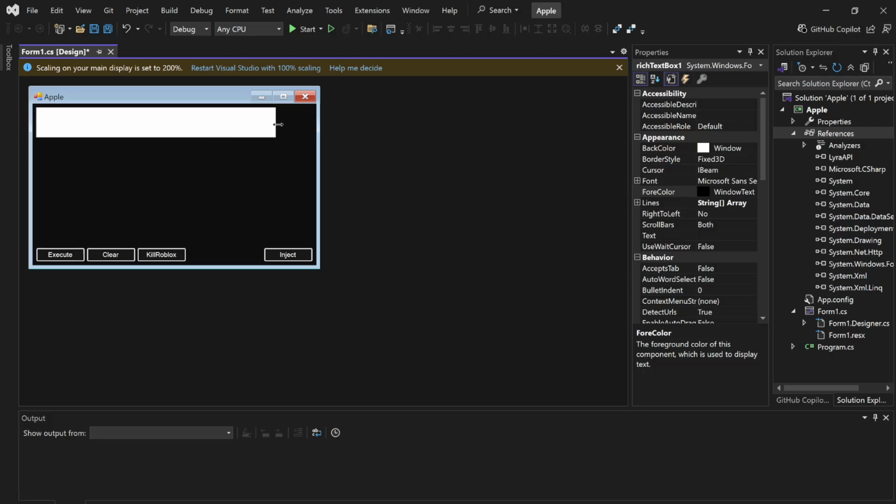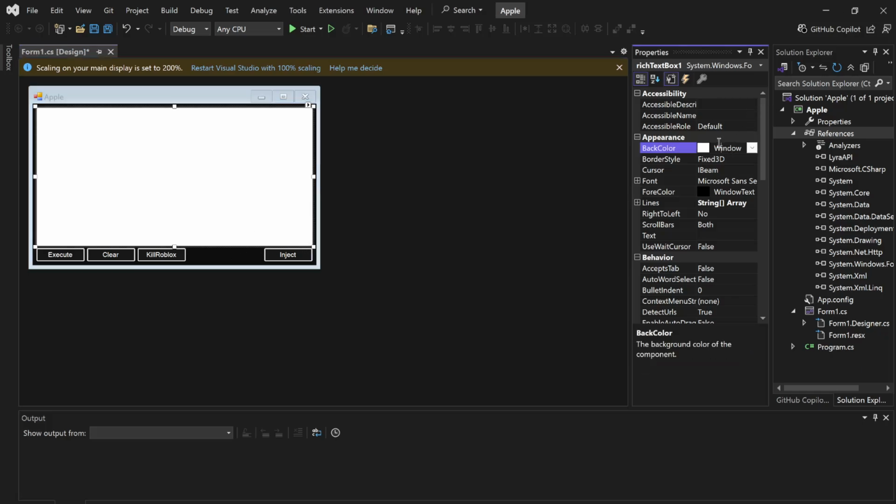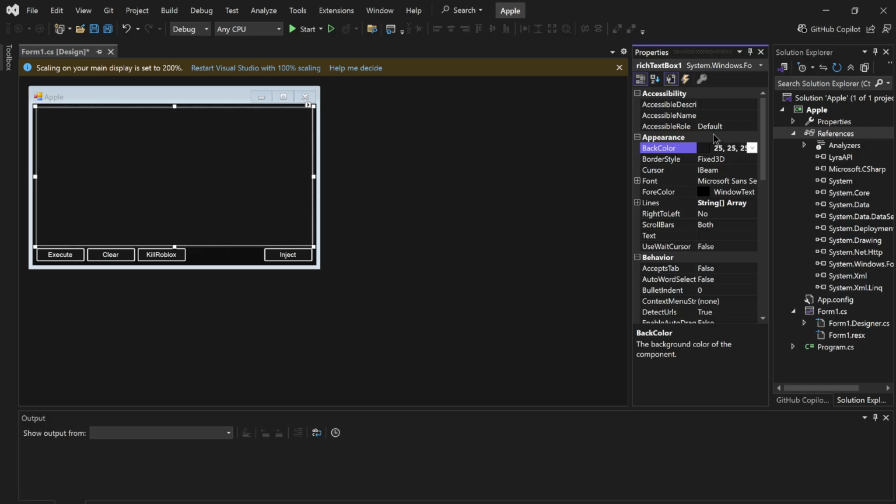Size it like this or like this. Now make sure the back color of the rich text box is 25, 25, 25. Now the fore color change to white.